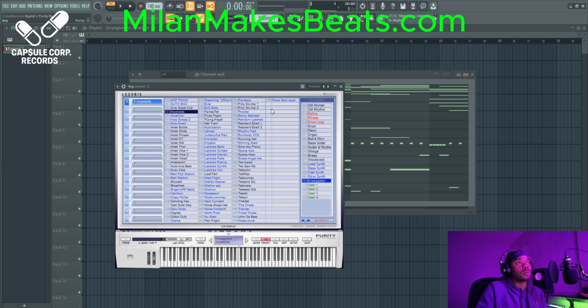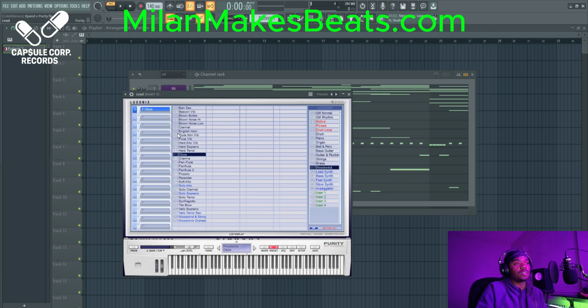Then we've got the arp. This is Arpistella. I use this one quite a bit. I like this one a lot as well. And I got this lead. I was using this lead a lot. It's an oboe. This is an actual woodwind sound. This is an actual legit instrument. Then